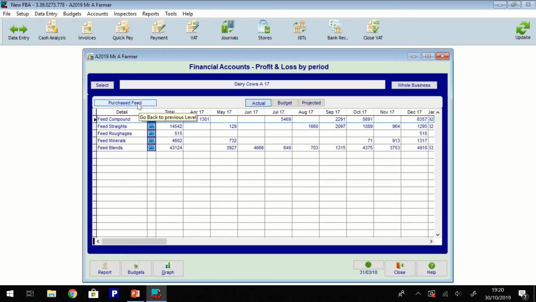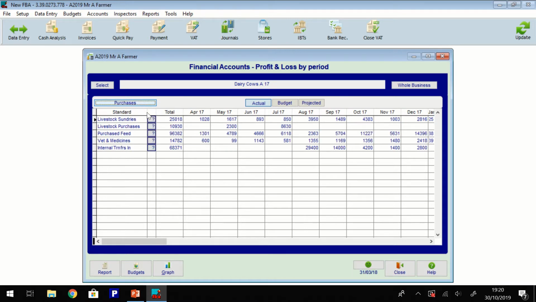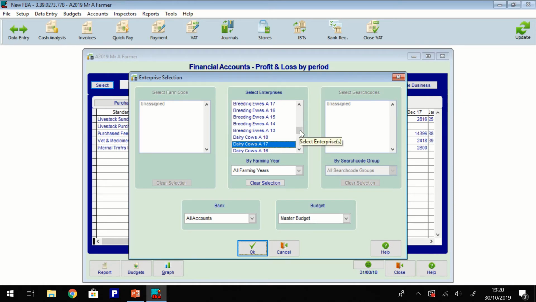As well as doing your data analysis, the P&L facility is very useful for checking your data to make sure that things are allocated to the right years and enterprises, and that your variable costs are all allocated to an enterprise and that your overheads are all allocated to the general enterprise. So say for instance that we wanted to check that all our data is allocated to the correct year and no previous or future years enterprises. We click the bottommost enterprise on the list,